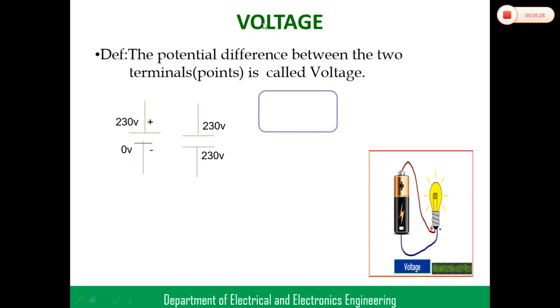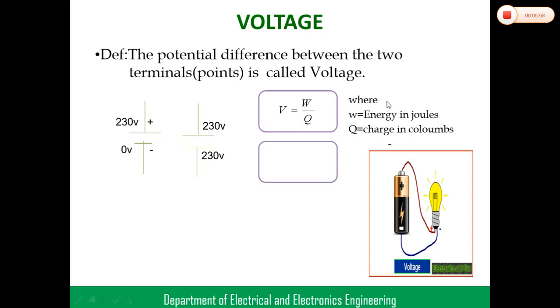So that is nothing but voltage. Only if you have a potential difference does the current pass. Without potential difference, no current passes through the circuit. That is a small example, with 230 and 230. If you have the same potentials, the potential difference between the two is 0, so there is no current through the circuit. Only if you provide a potential difference between two points does the current pass through the circuit, right?